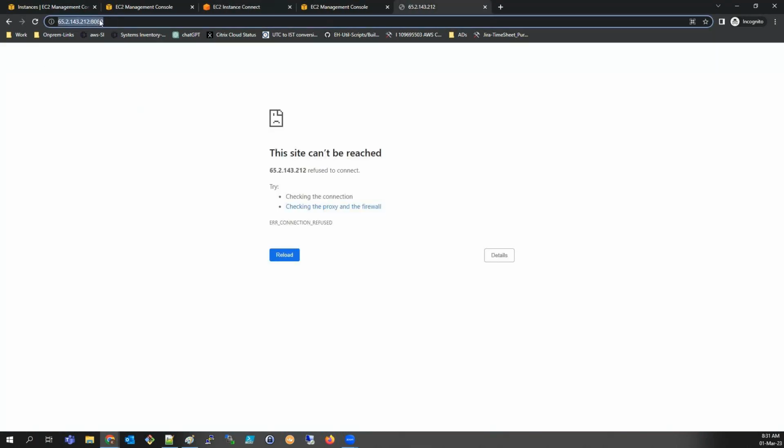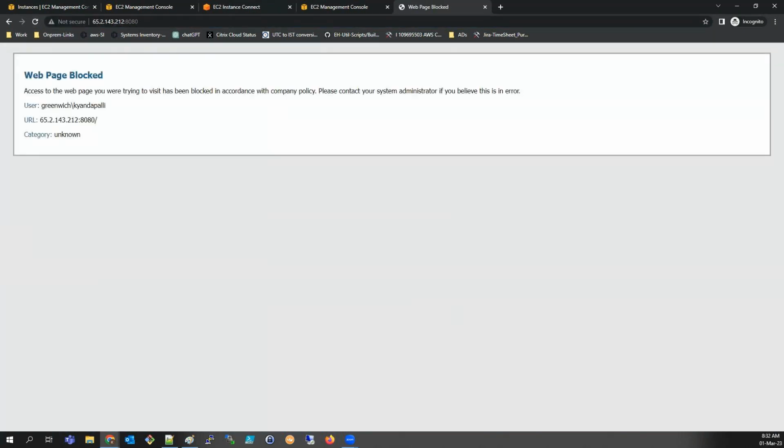How to access? So the port number 8080 is for Jenkins. It's blocking somewhere. Let me